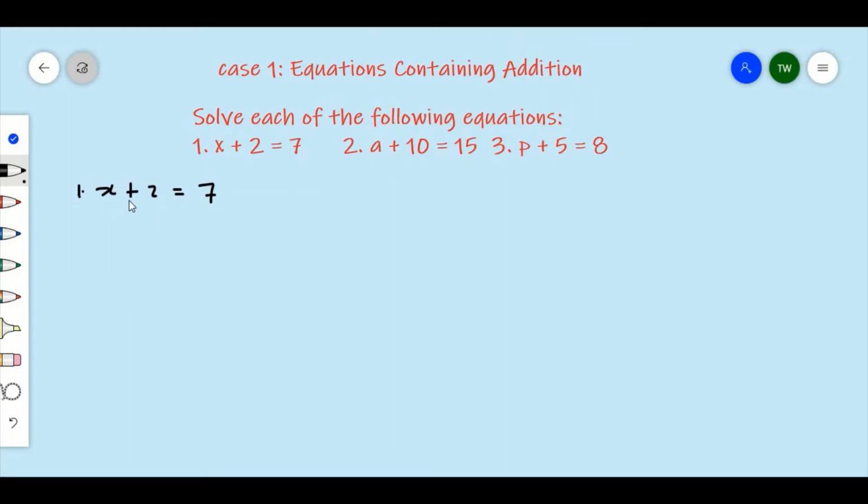Now here we have x plus 2 equals 7. Which means that we don't need this plus 2 by itself. We want to transpose this equation to get x by itself. Which means that in order to get rid of this 2, we can subtract 2 from both sides. So what I'm going to do here, I'm going to write back what I have, which is x plus 2